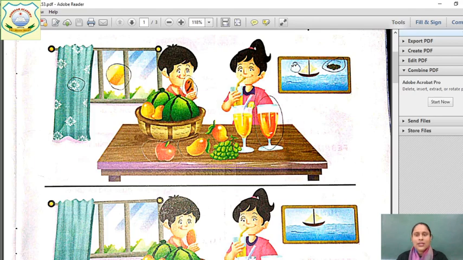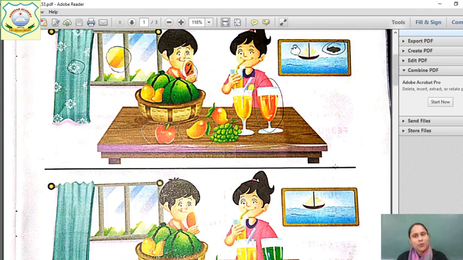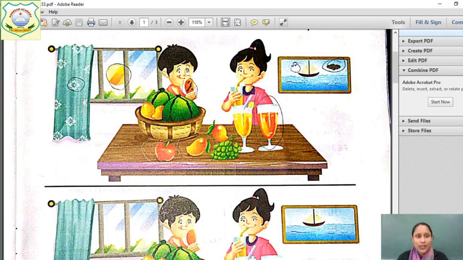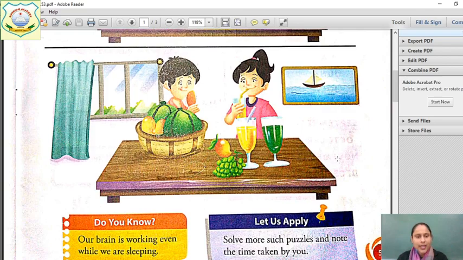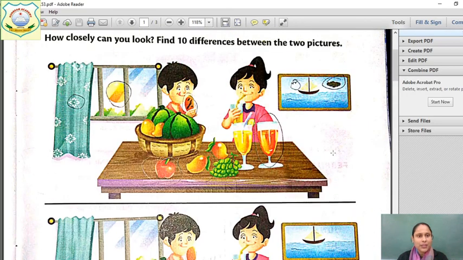Then, when we see this picture again, there again we can find one of the differences. There is a black cloud in the picture, whereas in the other picture there is no such cloud found. So this is again one more major difference in both the pictures. Okay, so you have to draw a circle around it. So these are some of the differences which we have found out in both the pictures.